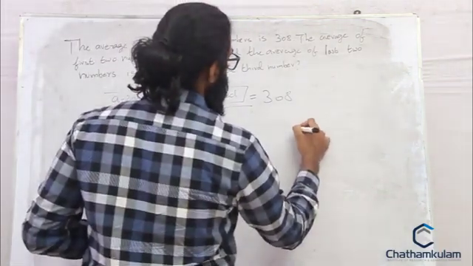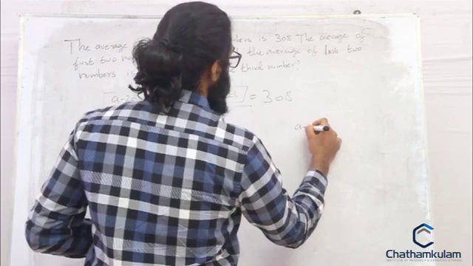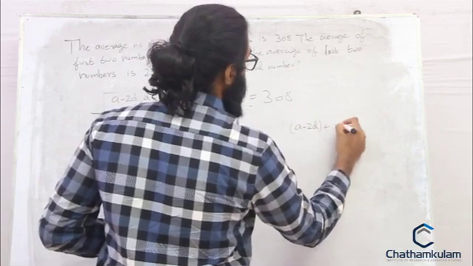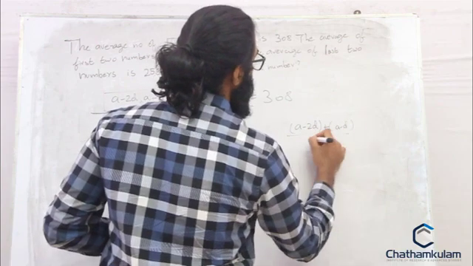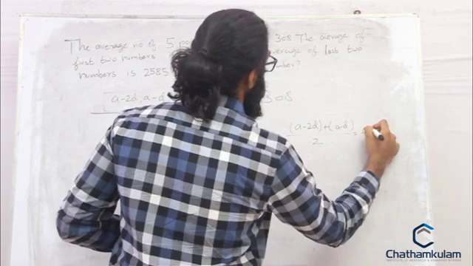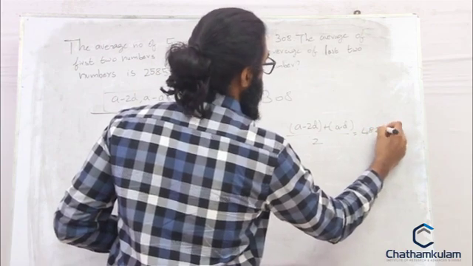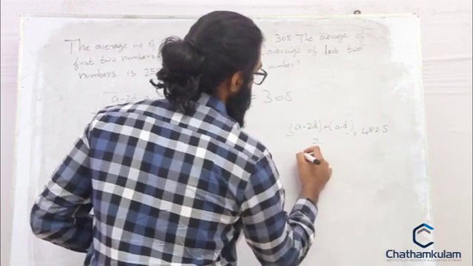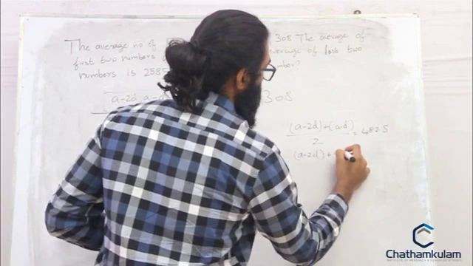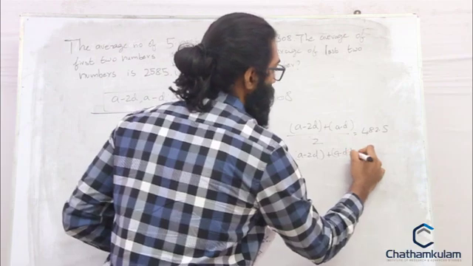So we can write a minus 2d plus a minus d by 2, that is average, is equal to 482.5. So the sum of these 2 numbers, a minus 2d plus a minus d, will be equal to 2 times